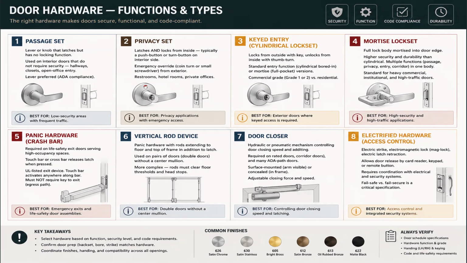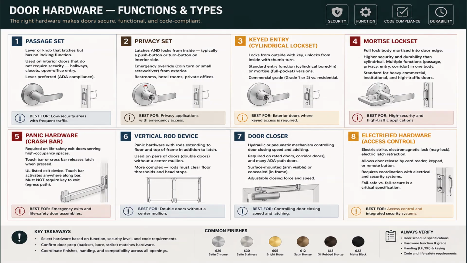At the bottom, the common finishes are noted by their numeric codes: 626 satin chrome, 630 satin stainless, and so on, and you specify finish along with function. The key takeaways: select hardware based on function, security level, and code. Confirm the door prep, backset, bore, strike, matches the hardware, and coordinate finishes, handing, and compatibility across all openings. And always verify the door schedule specs, the hardware function and grade, the handing, and the code and life safety